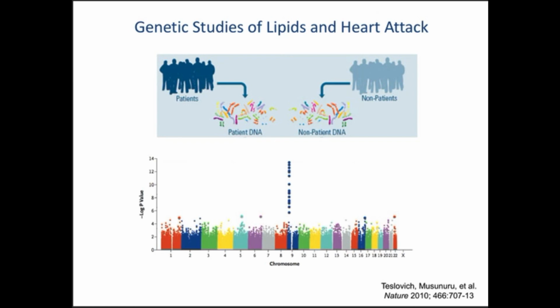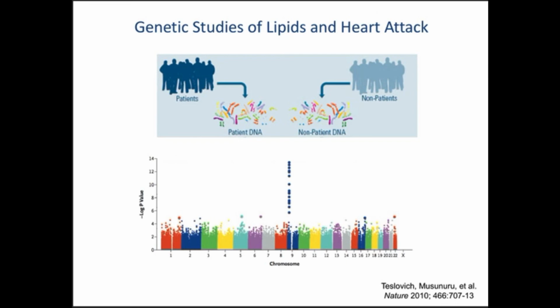We call that sort of heart attack genetic risk, because then you can minimize environmental, behavioral, and other things. It's almost certainly like you got a bad draw on the cards and you had a really strong genetic risk to get a heart attack that early. And the non-patients are people who haven't had heart attacks, especially if they're older than 40 and still haven't had a heart attack. And you basically look at the DNA in these individuals, and you ask, is there any statistically significant DNA difference that's found in the patients, which we now call a risk factor, or something found in the non-patients, which we might call a protective factor.